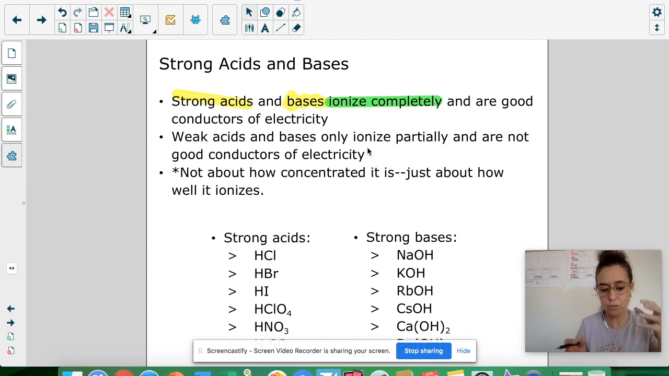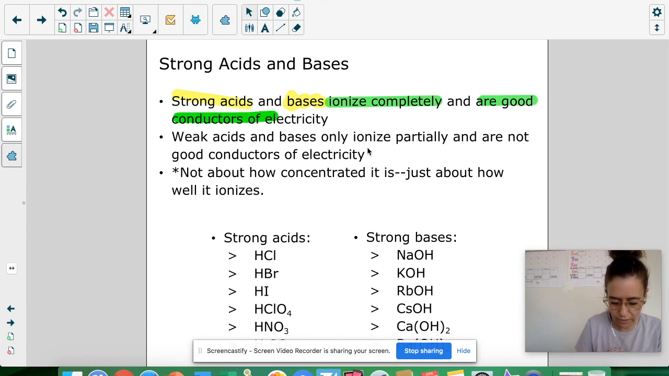And that means because they break into positive and negative ions, they don't do it partially, they completely break into positive and negative ions. That makes them really good conductors of electricity, okay? Weak acids and bases